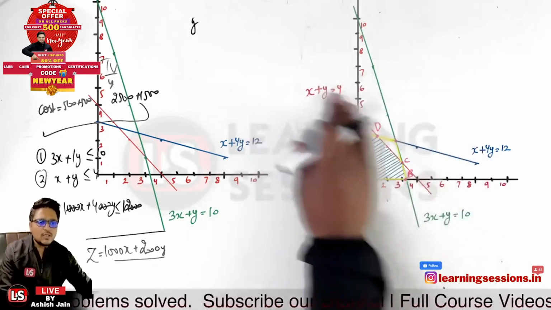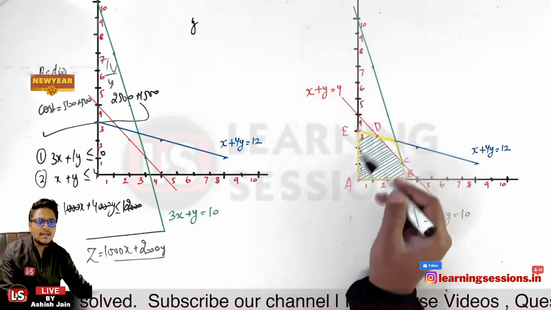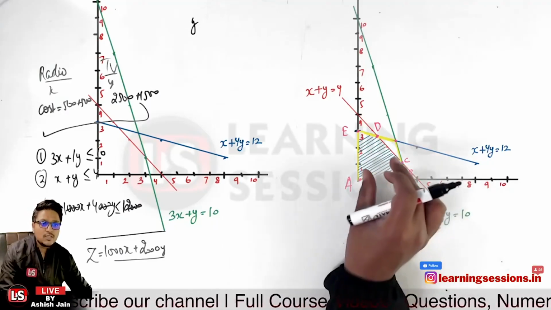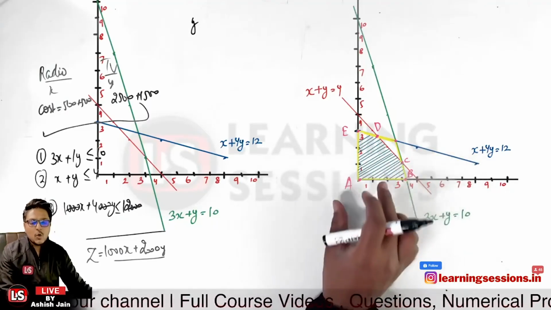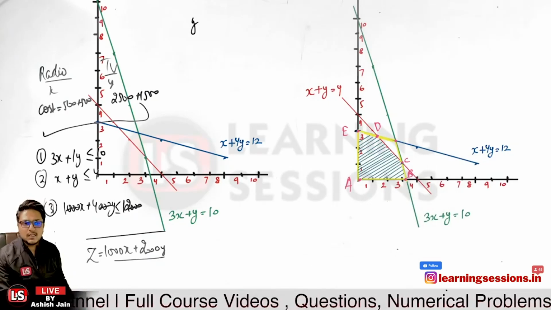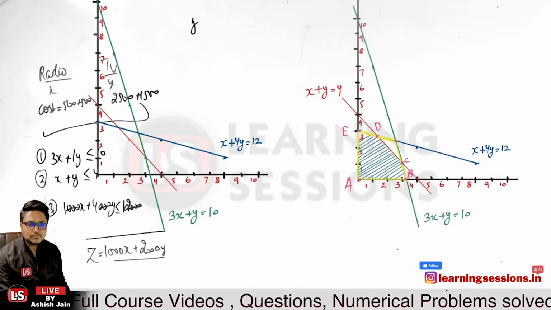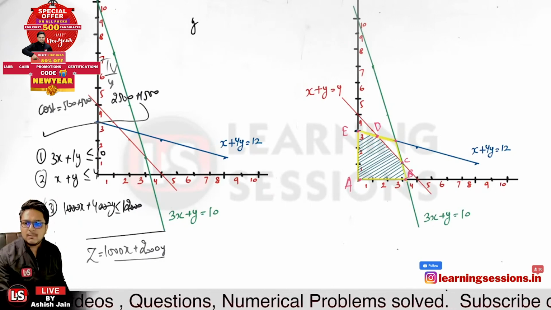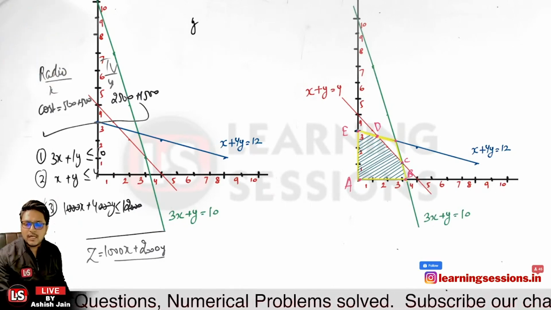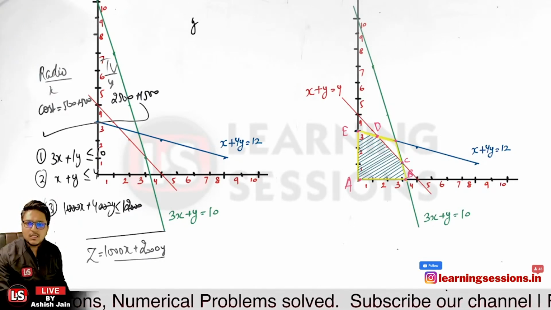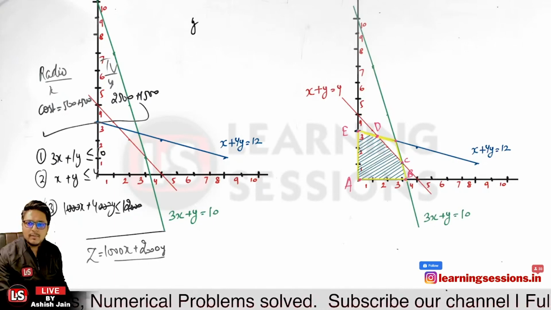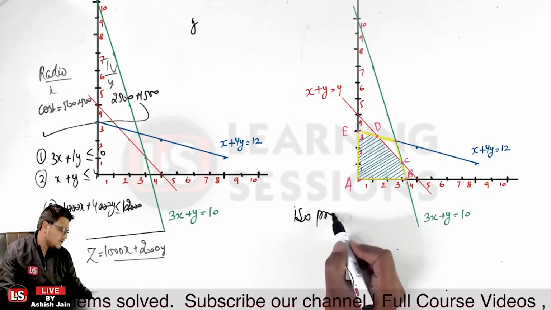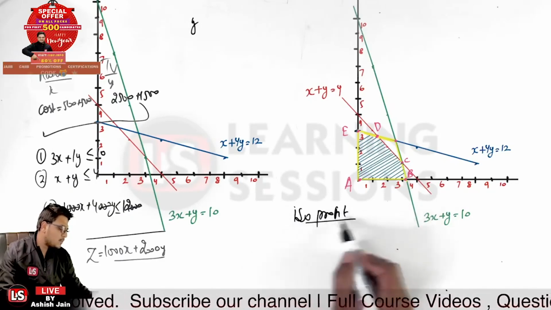We are concerned about the area that is beneath the lines over here, and it is a common area that is beneath each and every line. So this area we are concerned about. Now over here, what are we concerned about? We are concerned about the profit, the maximum profitability that we want to have. So we will be considering the ISO profit over here.